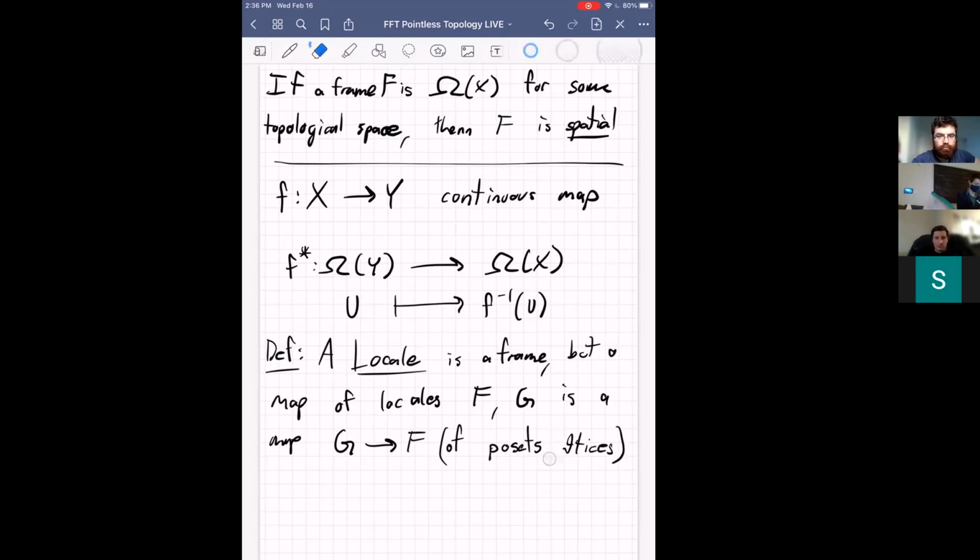Let's say of posets. This might not be technically true, but think of it as like an order preserving map. And so the point here is that we have the right thing, we just have the wrong direction for the maps, and we actually give it a different name, but you should think of these two things, locales and frames, as just being the same thing. And so from now on, I'm going to use the word locale. And so elements of a locale,